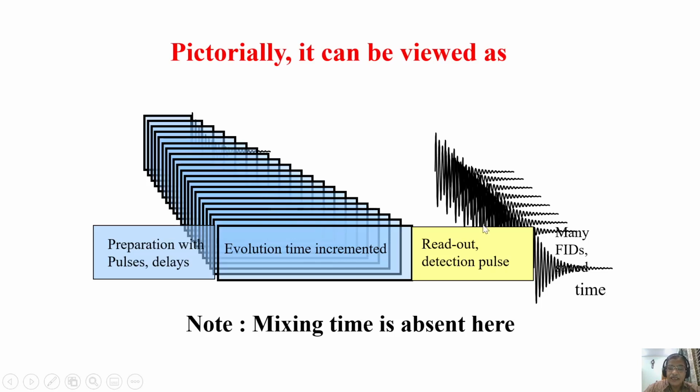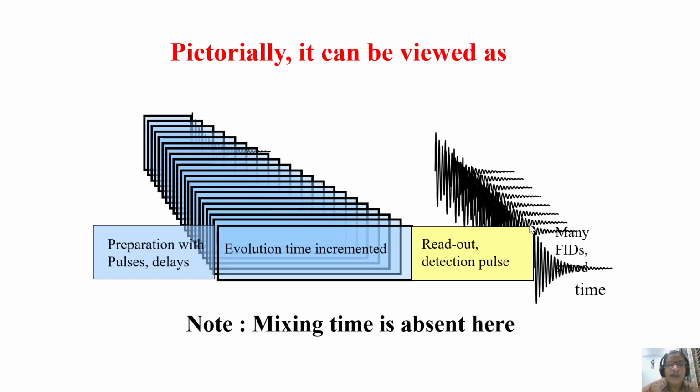T2 is a constant. In this particular example, we have our readout pulse, meaning a 90-degree pulse. That itself we can consider as a mixing pulse and also a detection pulse, no problem. But here the mixing pulse is absent. We will apply only a 90-degree pulse and collect the signal. This is similar to the pulse sequence we will see in the coming slides today called COSY. It is similar to the COSY experiment. You understand? This is pictorially how we can see the 2-dimensional time domain data.